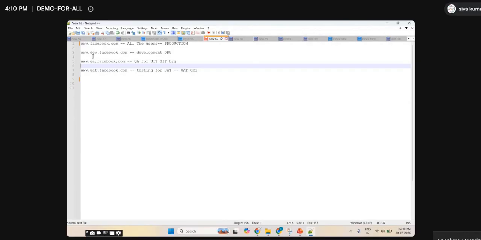If any customer wants to develop anything in Salesforce, what they will do is buy the licenses and give that org to, for example, a Silicon Dawn company, and you are the customer. Pradeep is the customer, or Kiran is the customer. I want to build a CRM system for my company, so I will provide you the org, you develop it. Can I directly do the development in the production org, whatever org you have?